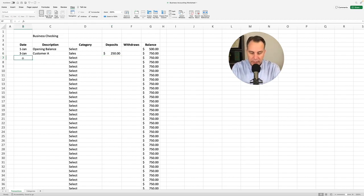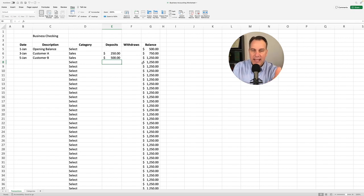And then on January 5th, customer B pays them. Well, again, we'll call it sales. And maybe they got paid $500 from that customer. So again, it kind of simulates a checking account register or a statement, and ideally these transactions match up. But what you're doing is you're starting to characterize the